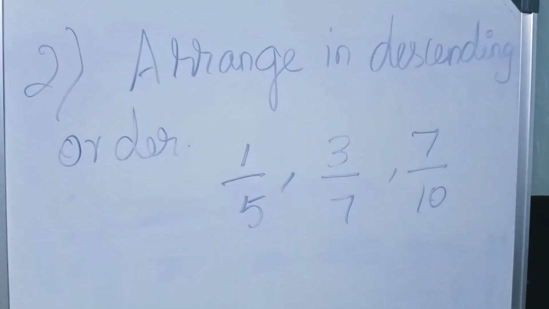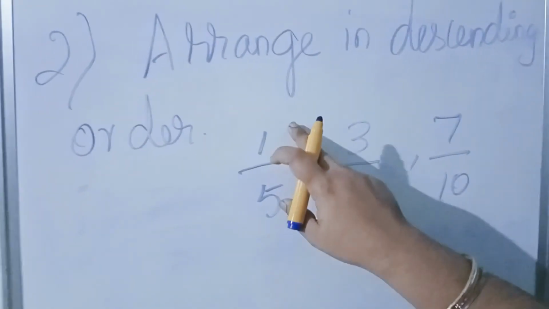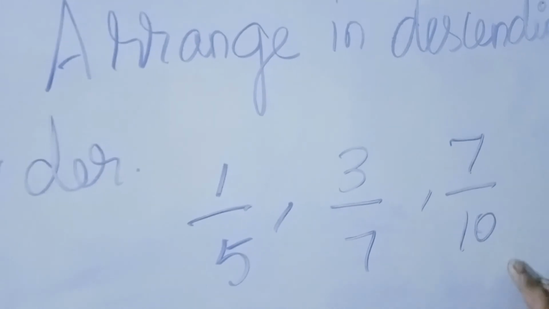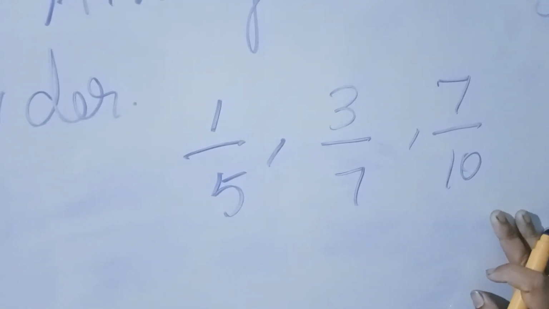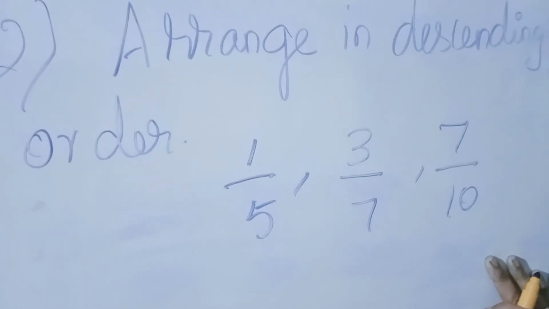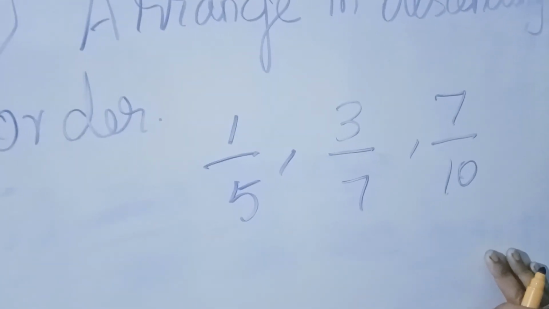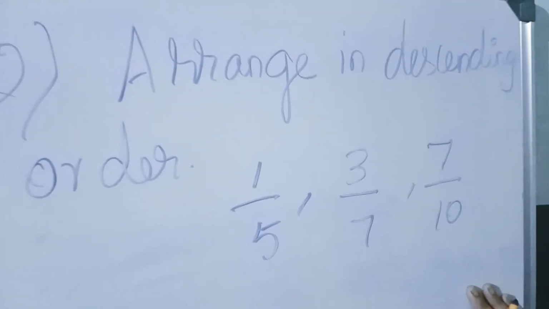Now second one, arrange in descending order. Second one: 1 by 5, 3 by 7, 7 by 10. Okay, same like the first model. You have to find the LCM and then change to the same denominator. After that you can find out the descending order. Okay,